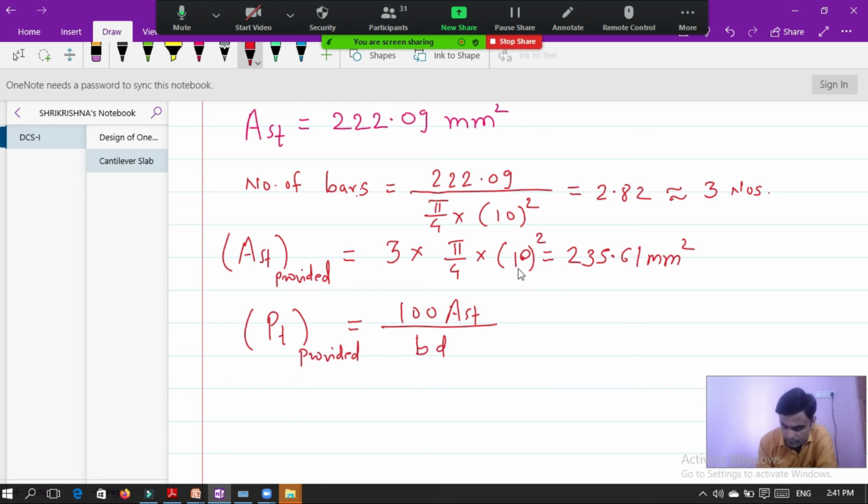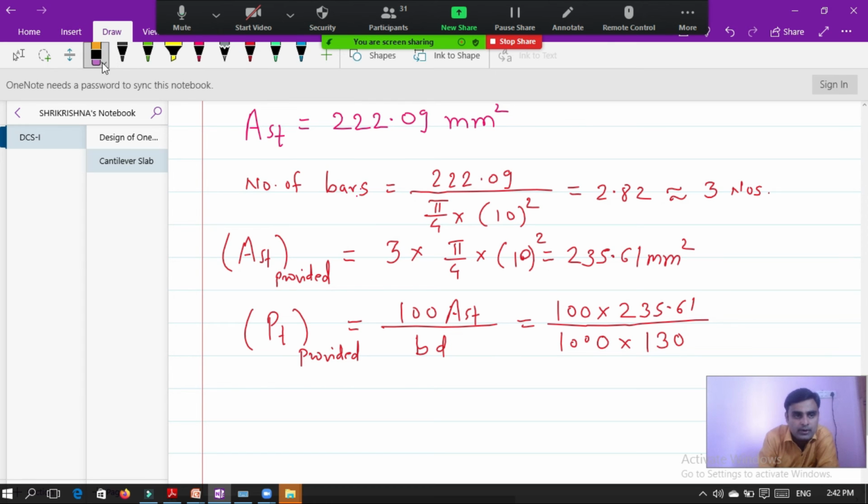So now here 100 Ast, that is 100 into area of steel provided, you should take 235.61 divided by b is 1000 into d is, what is the depth? It is 130.